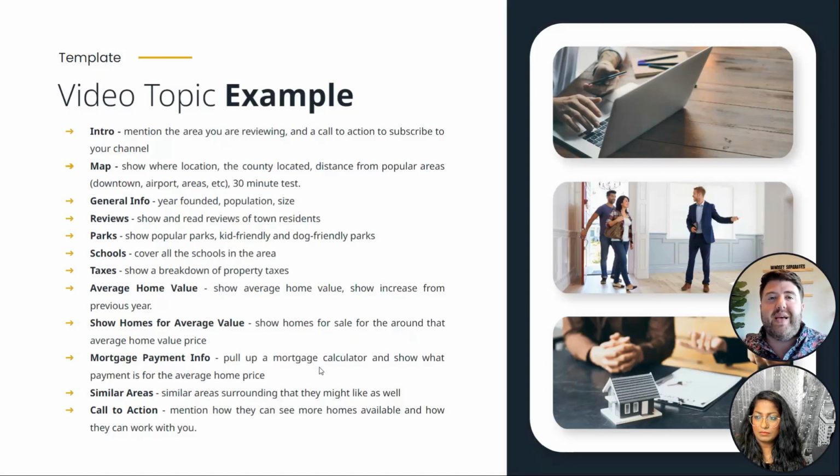So then you basically will have a map come on there with Sugarland highlighted, and kind of show them where it is in proximity to the bigger area or to other areas. So I would show it's in close proximity to Houston. It's about 30 minutes to downtown. It's 45 minutes from either airport. And these are some surrounding areas around there. This is a popular area here.